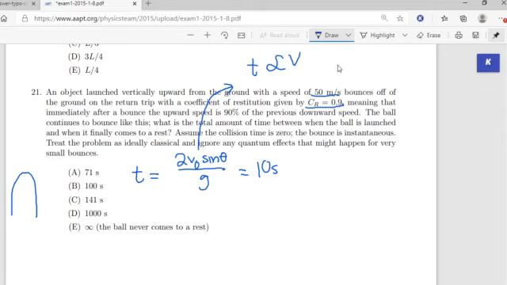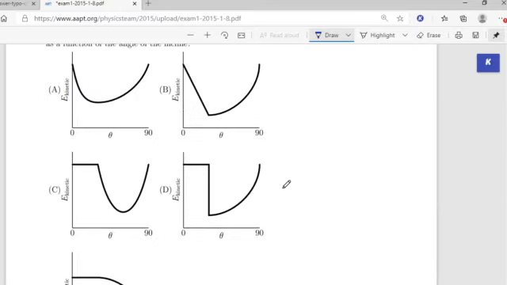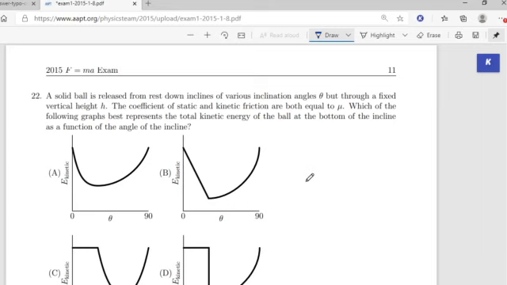And so we actually have a geometric series where the ratio would be 0.9. And the formula for the sum of an infinite geometric series is a sub 1 over 1 minus r, where a sub 1 is the initial value. So that gives us 10 over 1 minus 0.9, so that's 10 over 0.1, which is 10 times 10, which is 100 seconds. So this one actually isn't too bad as long as you know the formulas. Yeah, I do not like graph problems, but